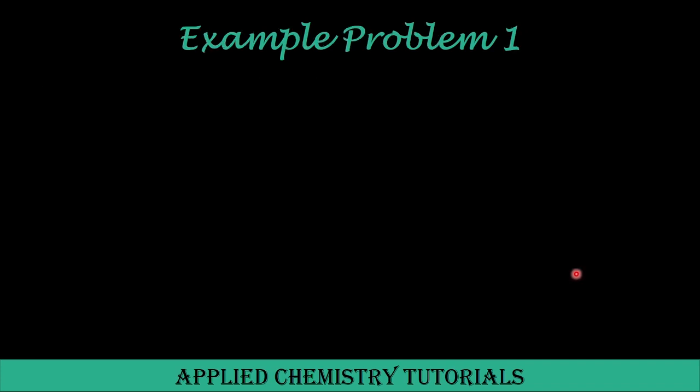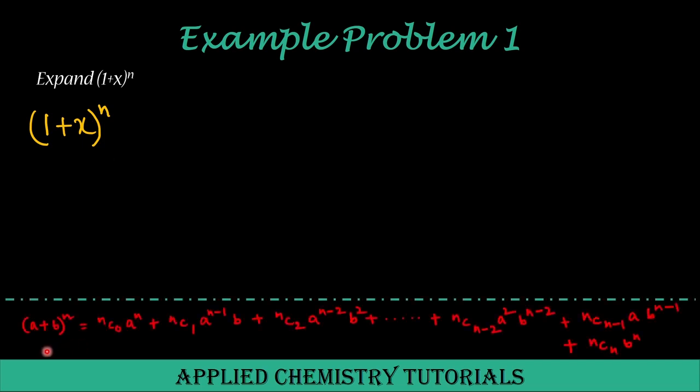So let's start with example problem 1. Expand (1 + x)^n. We are rewriting the problem statement here, (1 + x)^n, and we can obtain the formula of (a + b)^n from binomial theorem and mention it here. If we consider a = 1 and b = x, then we can expand (1 + x)^n as